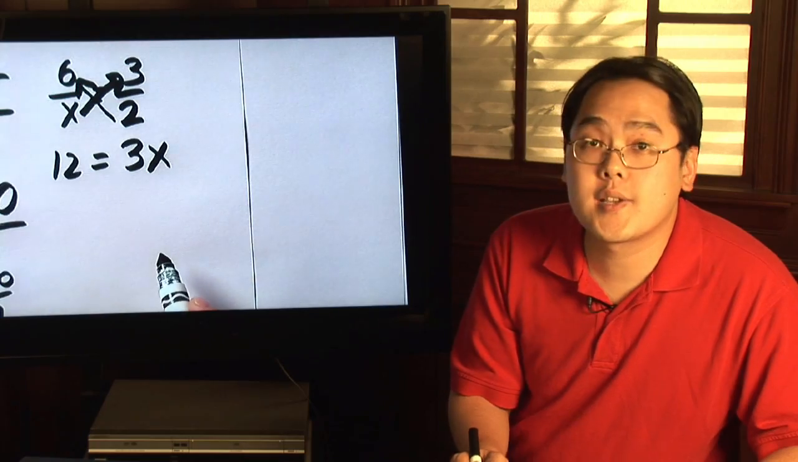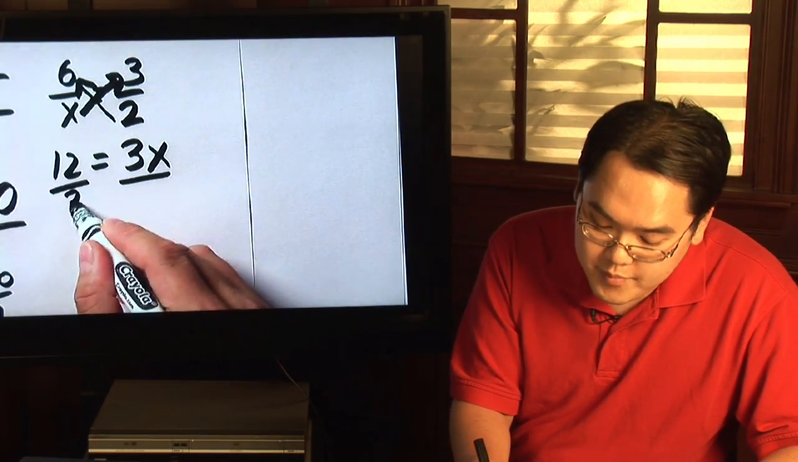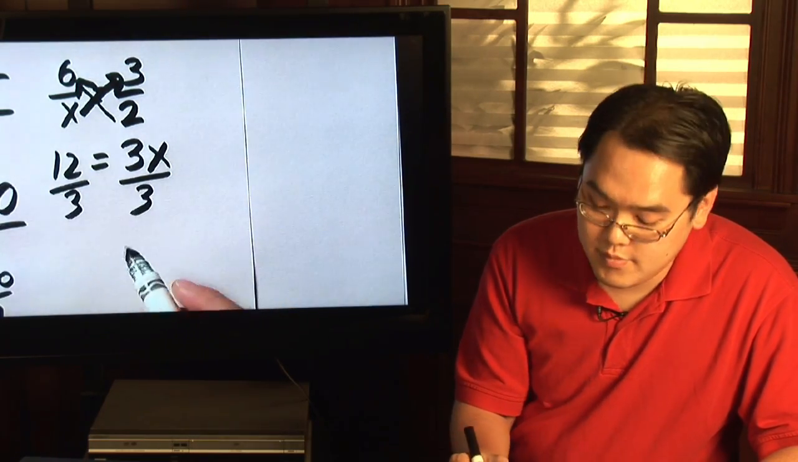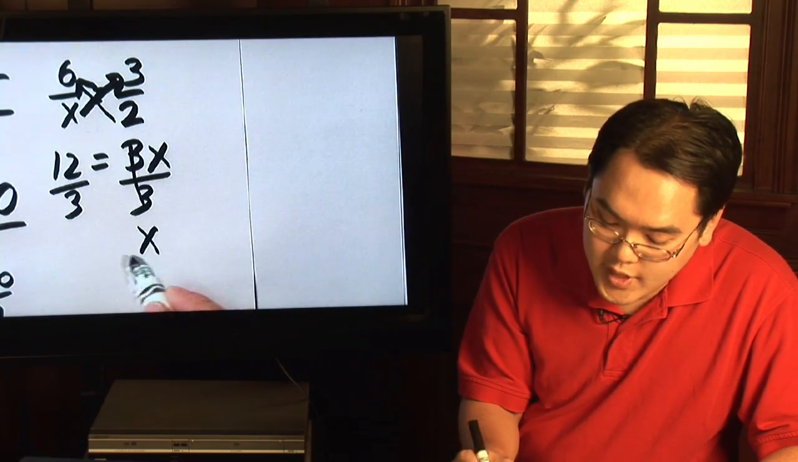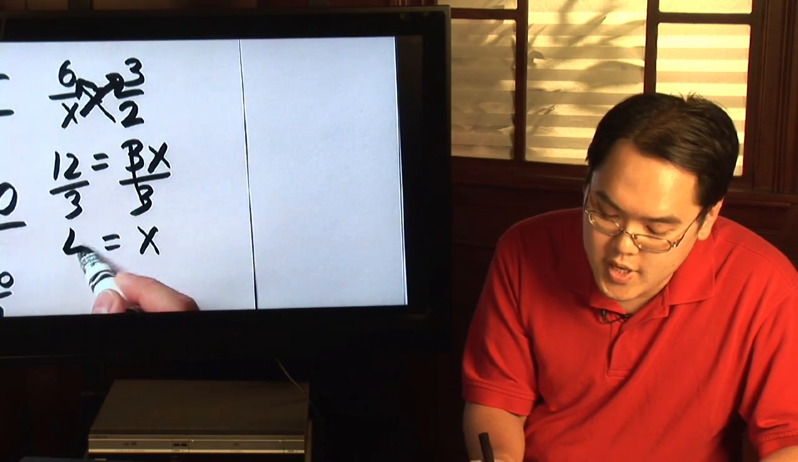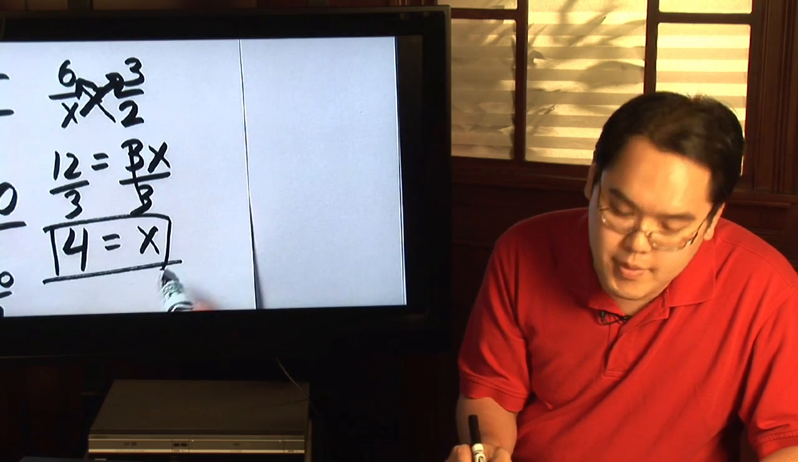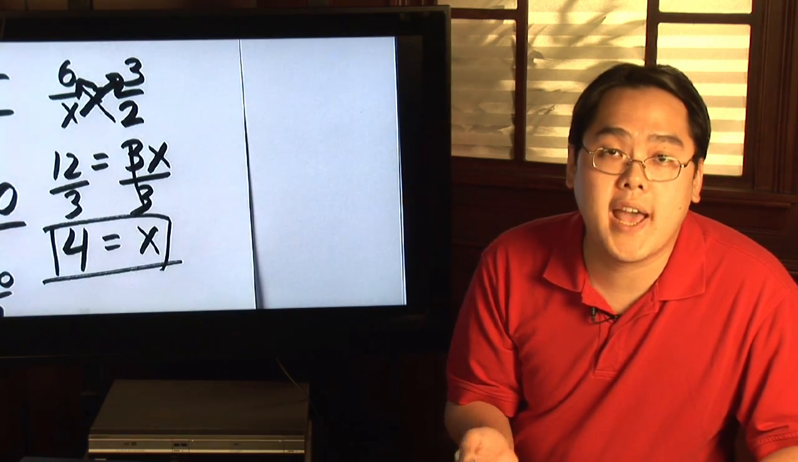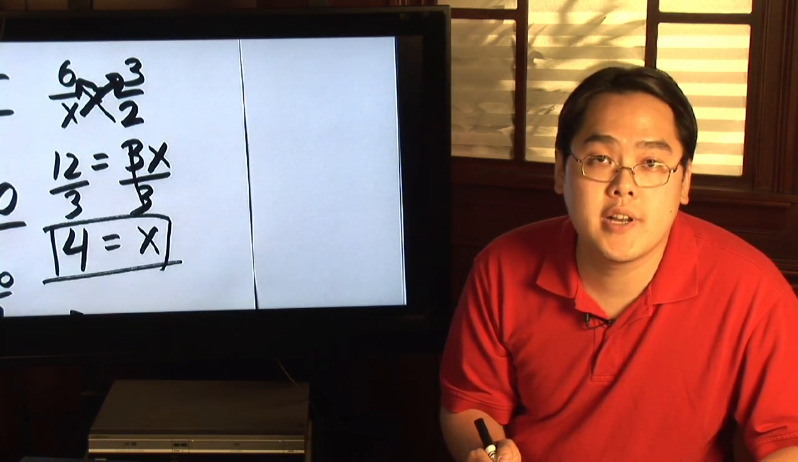And then solving for x, just go ahead and divide both sides by 3. The 3's cancel, and you have x equals 2, and you know 12 divided by 3 is going to equal 4. But wherever x is going to be, whether it be the numerator or denominator, you can still solve